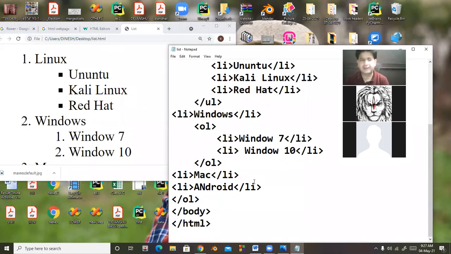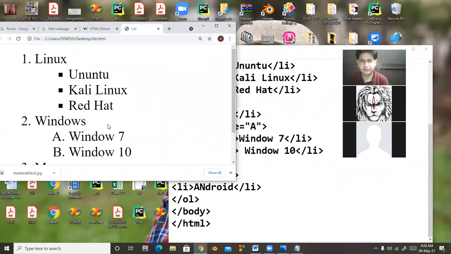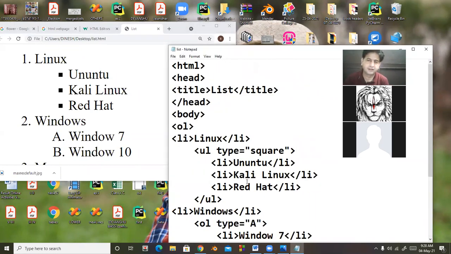Suppose I want the second nested list as an ordered list, but I want capital A, capital B, like this. Then I will take type equal to A. So look here, in front of Windows 7 and Windows 10, there is capital A and capital B. Suppose in the main list I want the type to be small Roman.